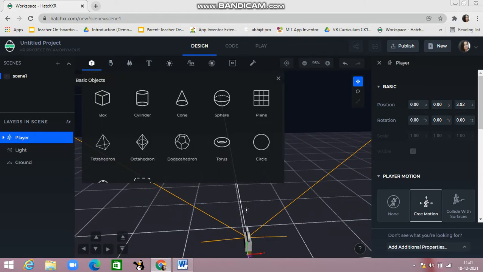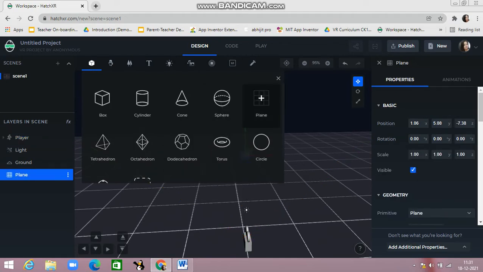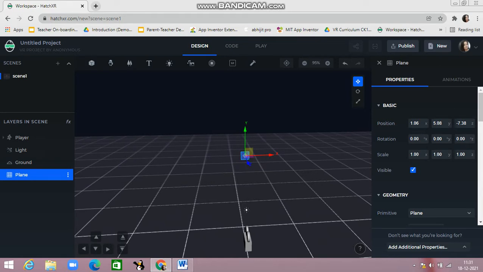Come to the basic object section. You have to select plane. So you can see your plane is here. But first, you have to rotate the plane.